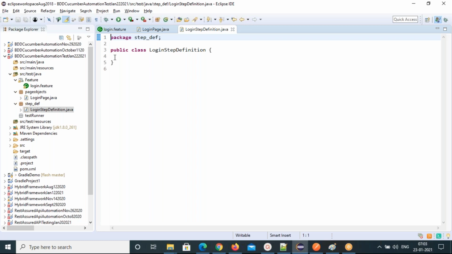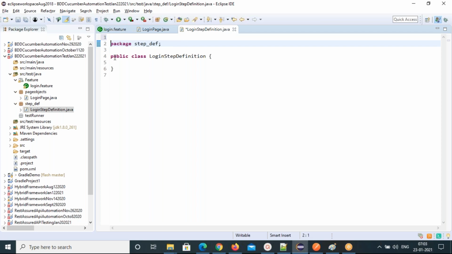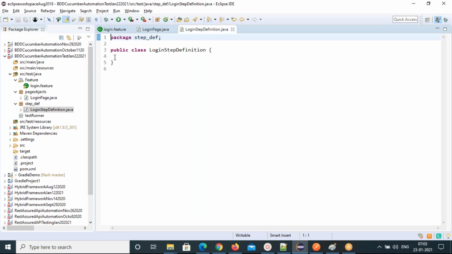So we'll define some, okay, the cursor is on the top. Let's bring the cursor here. First, I want a few variables. What are the variables we need? Public WebDriver driver, one variable. Next, if you want to take WebDriverWait, public WebDriverWait wait, you can take.